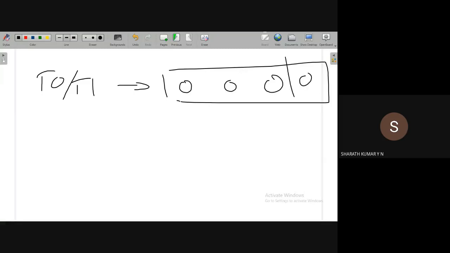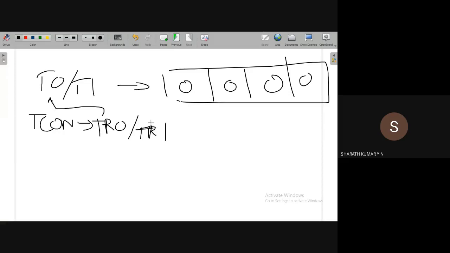So we have to start the timer, because the timer cannot run continuously. If the timer is running continuously, it will consume more power. So we should be able to control it. We should be able to turn on and turn off the timer. For that we have a separate bit in the TCON register, the timer control register. It is called TR0 for timer 0 and TR1 for timer 1. I'll discuss this a little later.